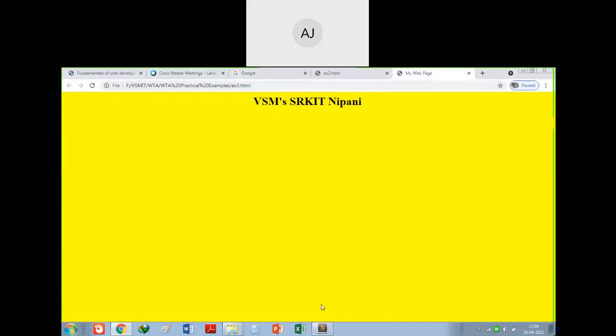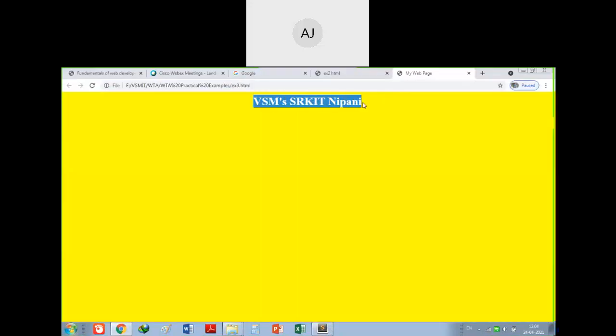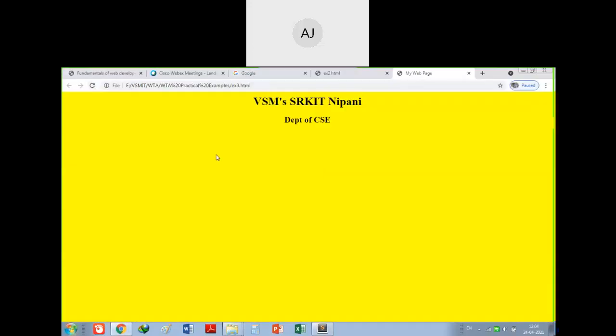Okay, so this is done. This is the font size of 36 points that I told you about in the last class. There is one more called h2. Make it again with the same center tag, and within that you write h2 open, and when you close it, h2 will be closed automatically. Department of CSE, I will make short: computer science and engineering. I have saved this. Just refresh, and it will show Department of CSE.